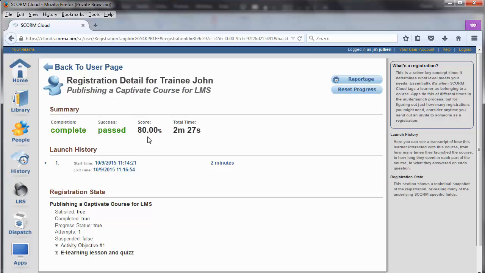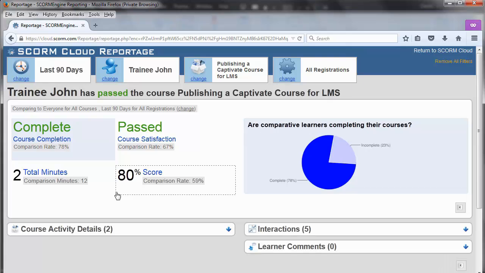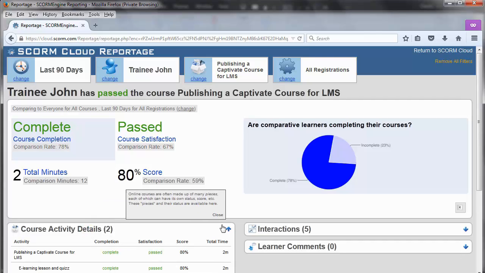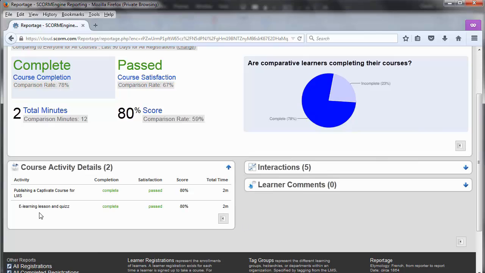Now to get more details and access to the quiz result question by question, I click on Reportage. On course activity details, we can see the same information, and notice that the title of the score we have defined in the Captivate Manifest window appears here beneath the name of the course and as a part of this one.